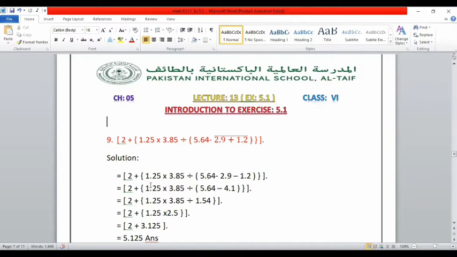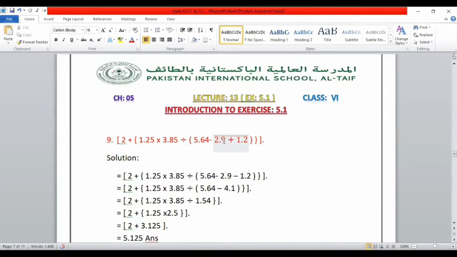Dear student, here, in number 9, the large bracket is started, plus the curly bracket is started: 1 plus 1.25 multiplied by 3.85 divided by, small bracket is started, small bracket is started, small bracket is started, here 5.6